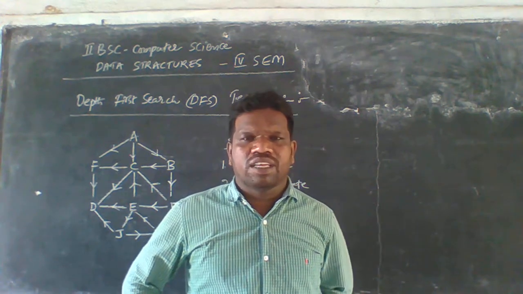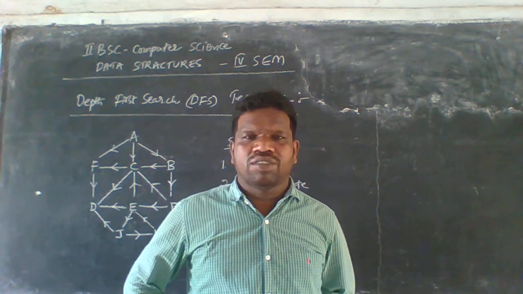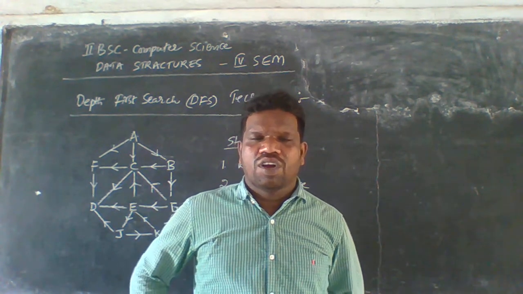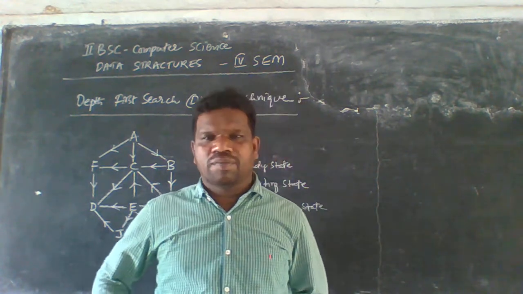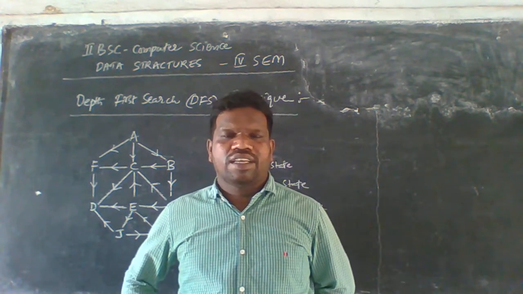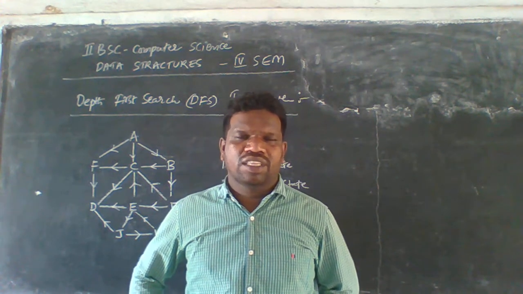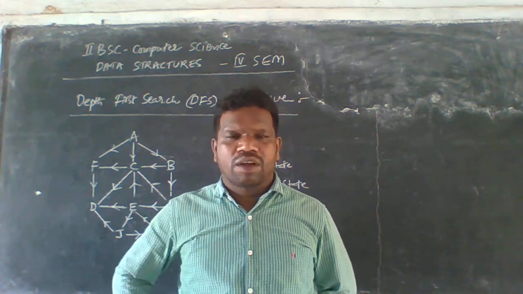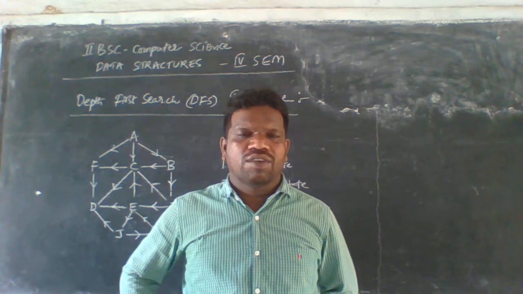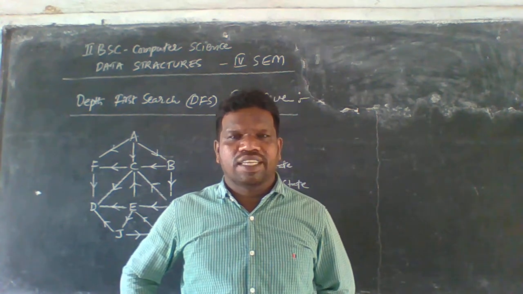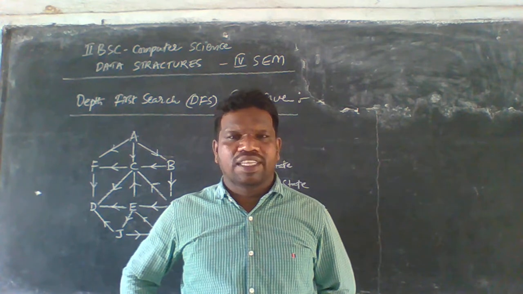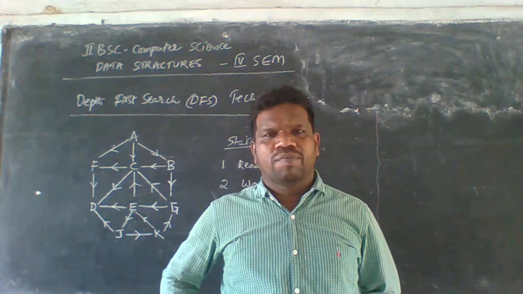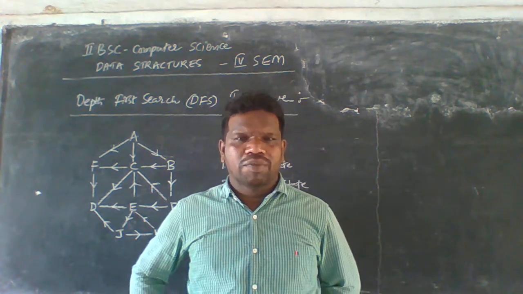If edges are available, we can place those elements into the stack and check the condition. Later we again pop the elements from the stack and check whether the new element is also available, and we check by the direction of the out-degree which elements are available. If it is already visited we do not consider that element, but if it is not visited we take that element into the stack, and later again and again we pop that element.